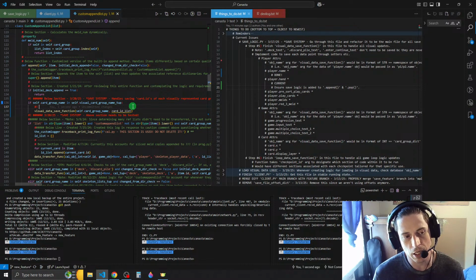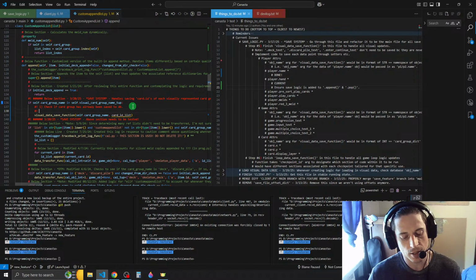If it already exists in the database, then we'll have to load it in and then modify it. So we'll say first, check if the card group has already been saved to the database. If it has,